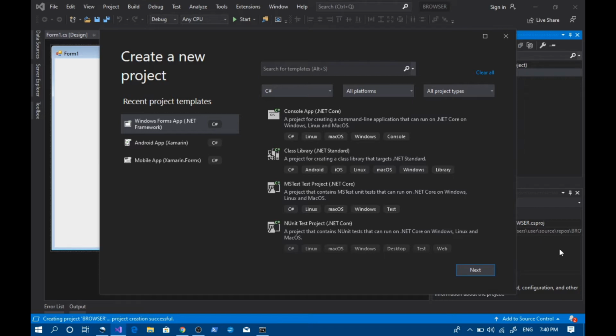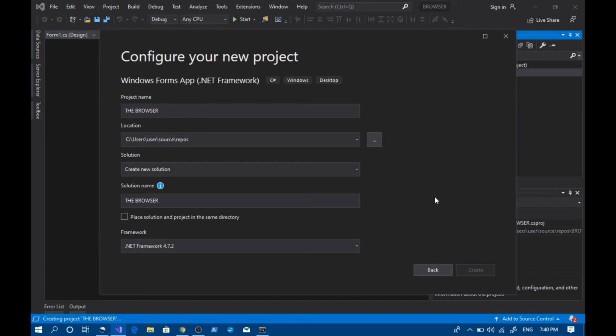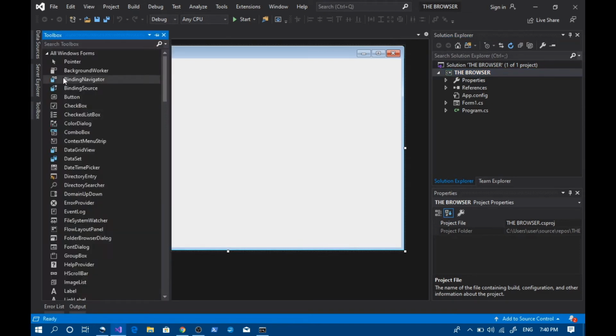First you'll need to open Visual Studio and choose Windows Forms app, .NET Framework. Then you'll need to choose a name. I'm going to name it the browser. Okay, I created it. Now next step. Okay, it has finally loaded. It just took 6 seconds. And toolbox,